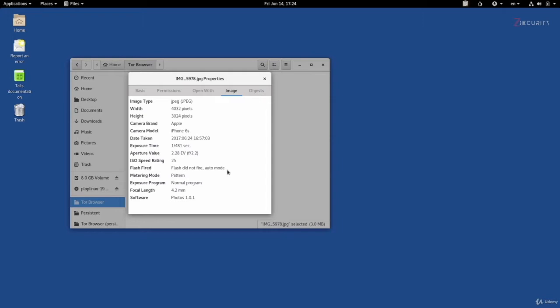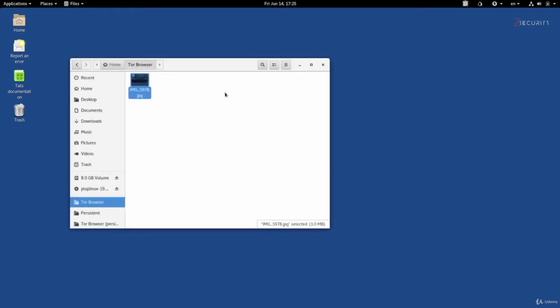Therefore, all of this information can be pieced together to understand what platforms you use and work from there to de-anonymize you. Therefore, if you want to share files anonymously, it's a really good idea to remove all of this information to minimize the amount of information that can be used to identify you. Now, luckily, doing this is very simple in Tails.